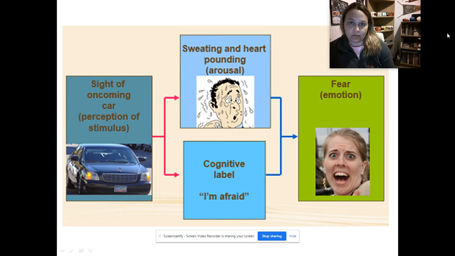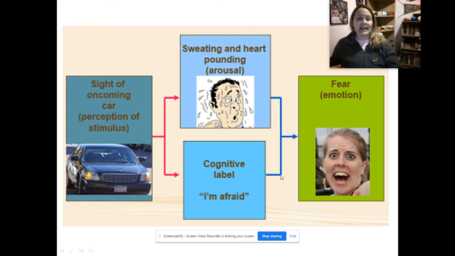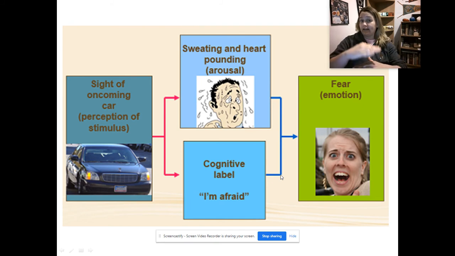At the same moment, within the two-factor theory, where you are about to be in a car accident, you are going to have a physical reaction to that, right? You might start to sweat. Your heart might start to pound. You might start to scream. That is physical arousal. At the same time as the physical arousal, you are going to have what we consider a cognitive label. And that cognitive label in the moment might be something as simple as, oh my God, they're about to hit me. I'm afraid. I'm scared. You might even say this out loud, or it might just be inside your head. After the body has the experience, after the cognitive labels simultaneously come together, then you would have the emotion of fear. So, kind of like the Cannon-Bard theory, where you have the simultaneous reaction, the body and the cognitive experience,